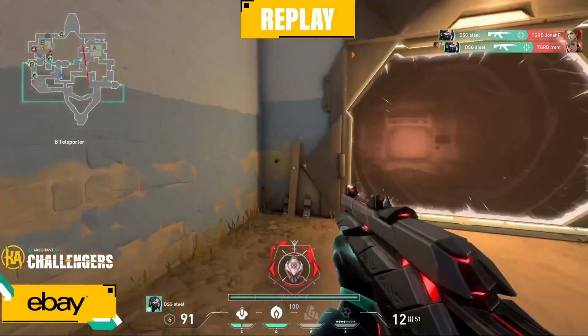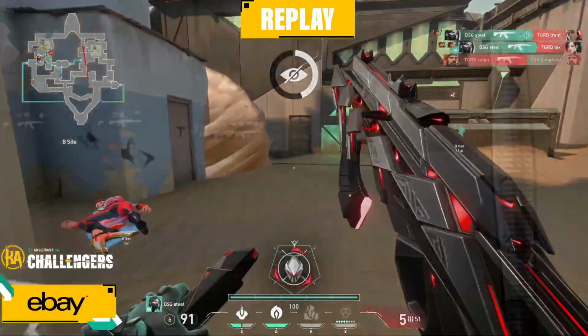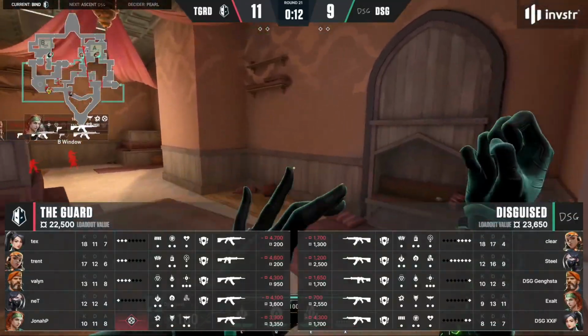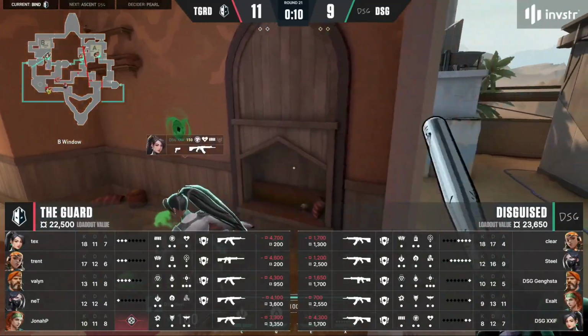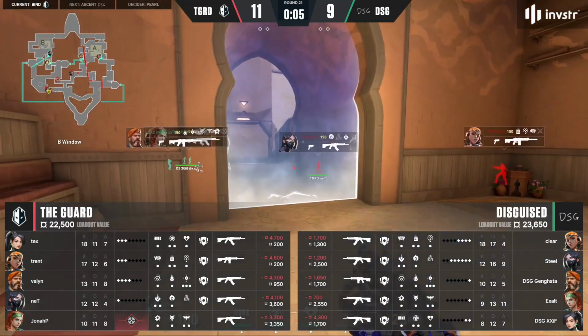And we get that same look, Disguised. They do have some variations of defense they like to play here. And that was a very, very unique one as well. Yeah, pushing outside of hookah, trying to use that wall just for that, and then having to go all the way around